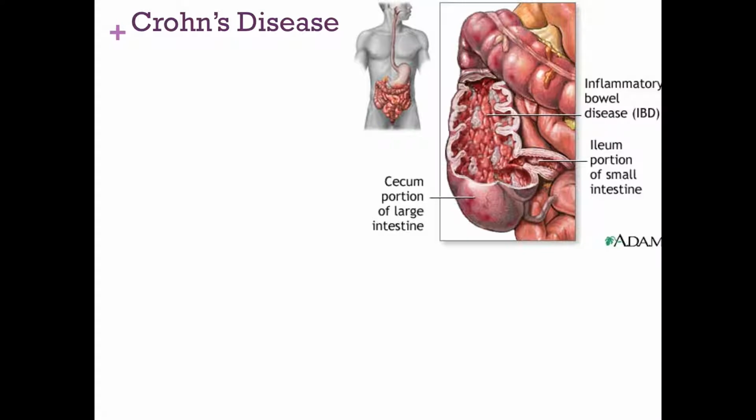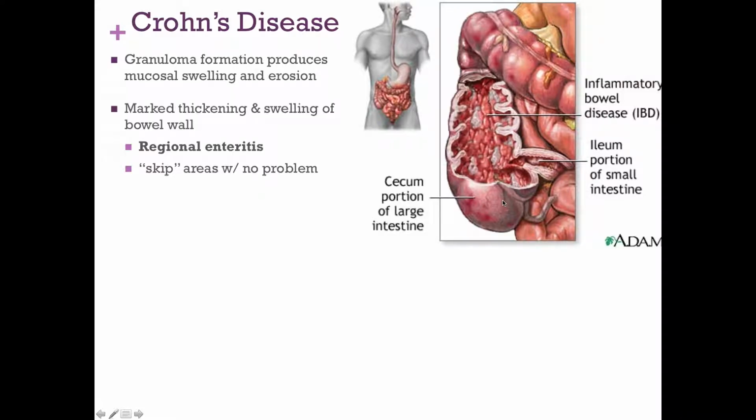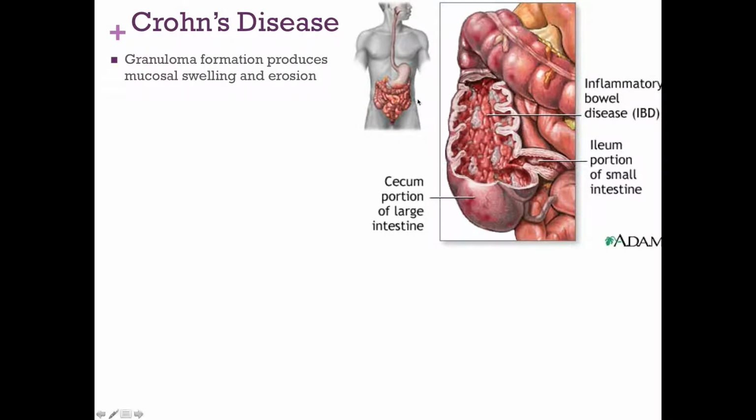Crohn's disease is a type of granulomatous chronic inflammation. So the main lesion here is going to be a large amount of granulomas, so these altered epithelioid cells turning into these granulomatous areas. That's one of the hallmarks, that you're going to see granuloma formation,